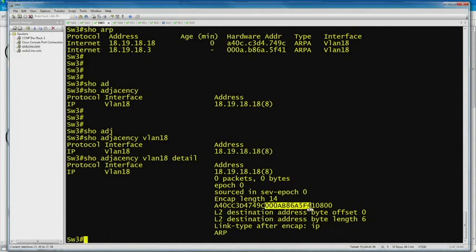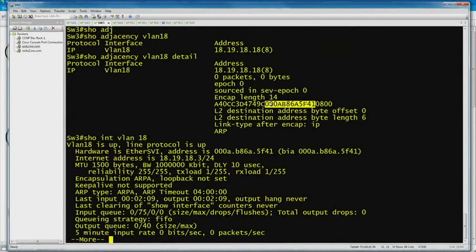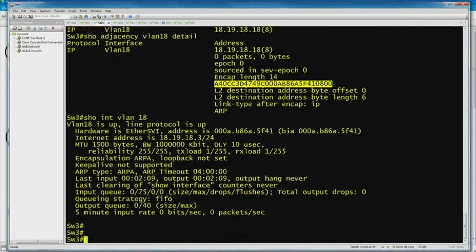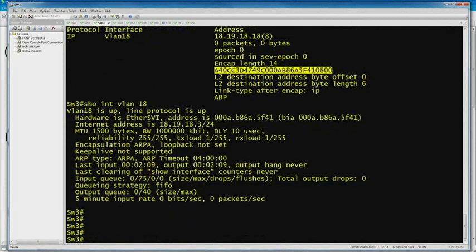And what's this stuff right here? Well, if I do show interface VLAN 18, that is the MAC address of my switched virtual interface. And this is the type code. 0x800 is for IP. So if I ever get any incoming packets that need to be routed to this guy, my adjacency table contains all of my layer 2 rewrite information. So if a packet ever comes in for